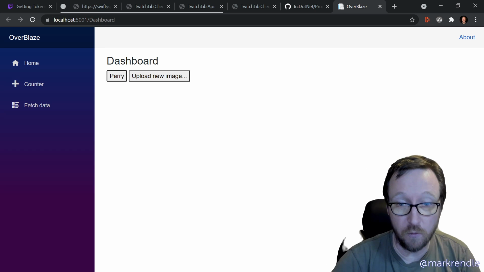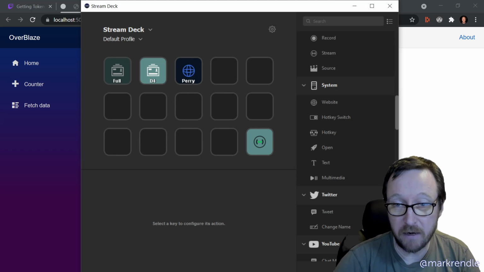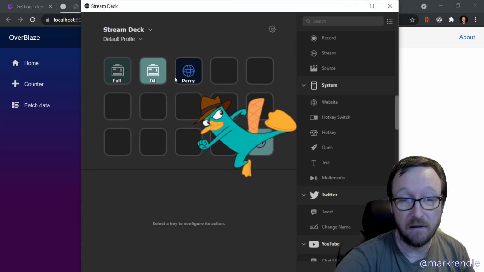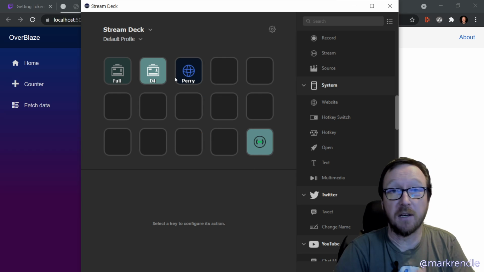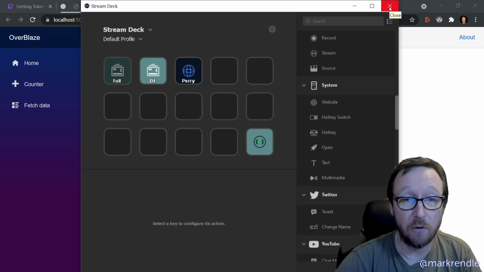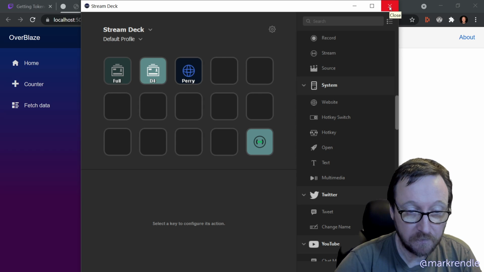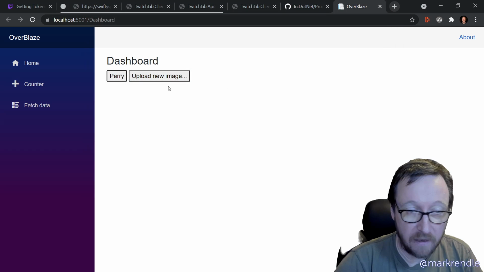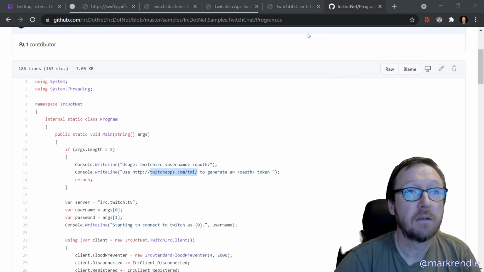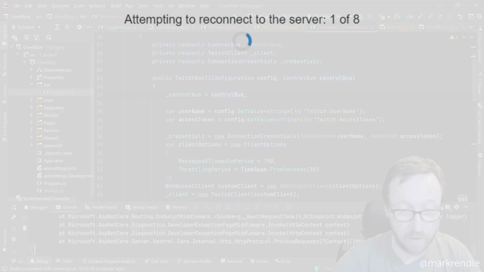But I've also got a Perry button on my Stream Deck, and so I can press that, and that communicates with the application using a GET request, which also therefore shows Perry. And then what I'm adding to it at precisely this moment is the ability for you guys,